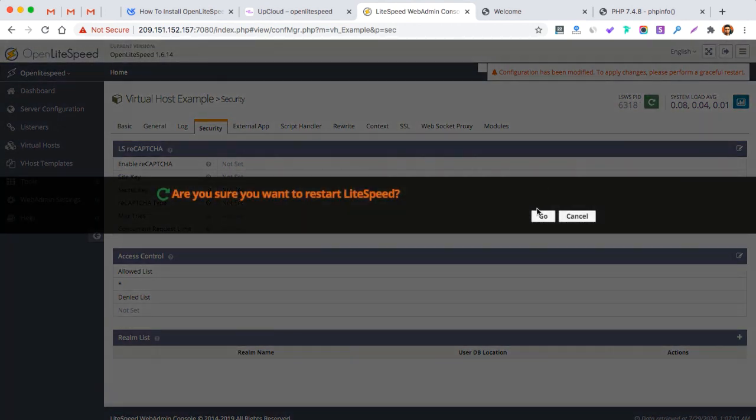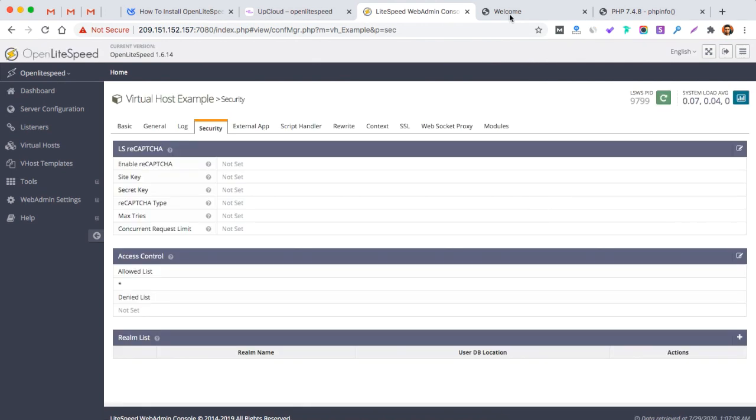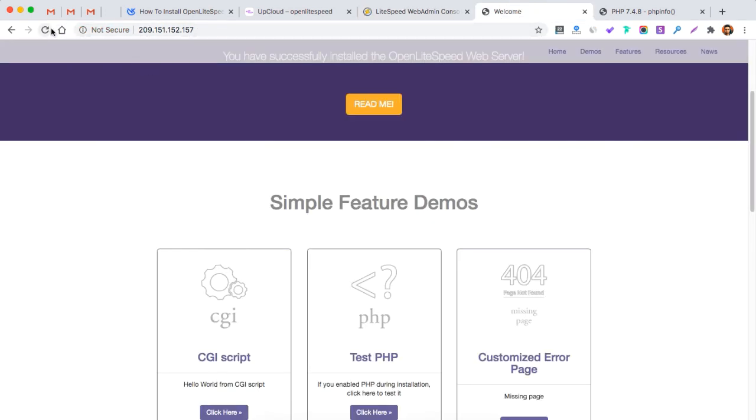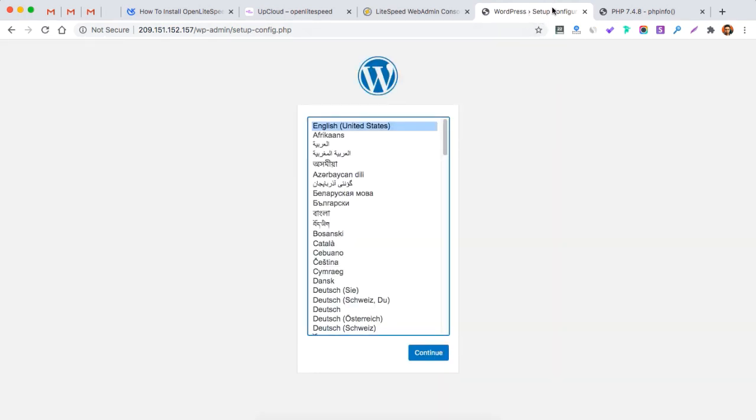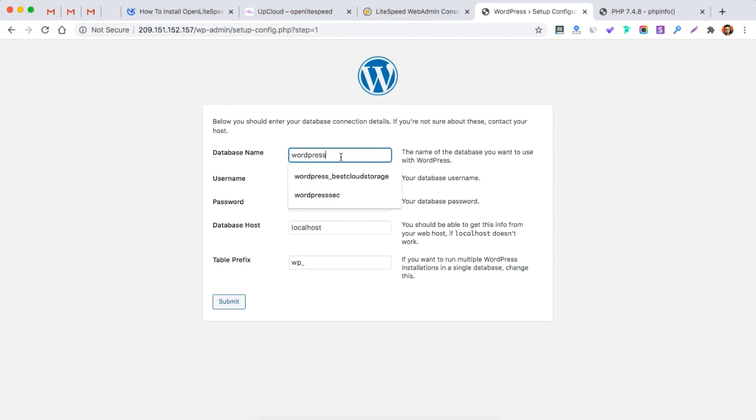So now let's restart this server, and voila, we would be seeing a default WordPress screen on our IP. So as you can see now I can install WordPress on this. I'll choose the language, click continue, and then it asks me to keep things ready.